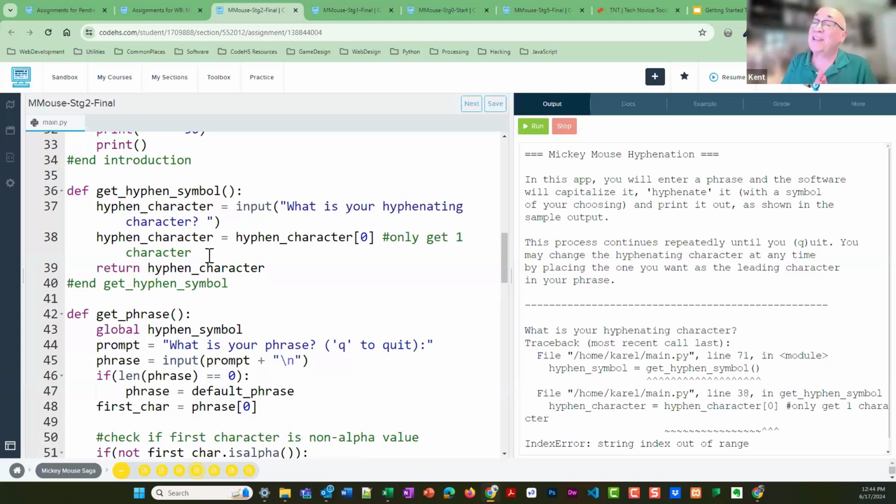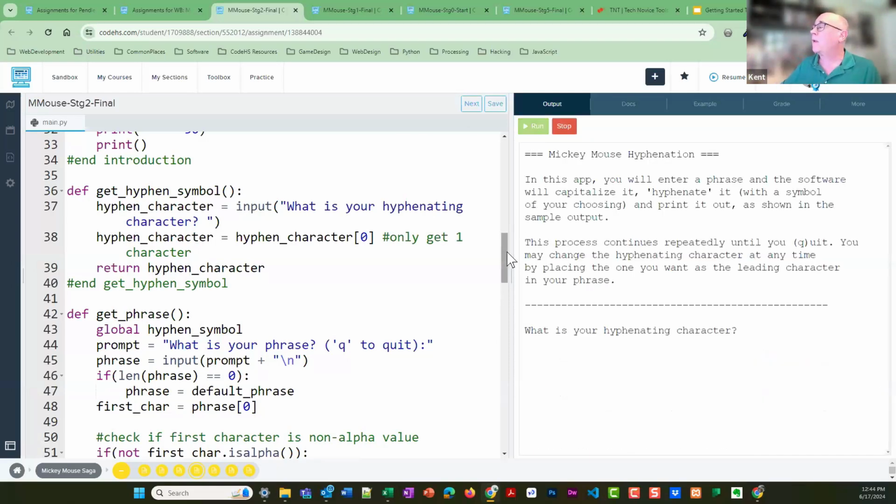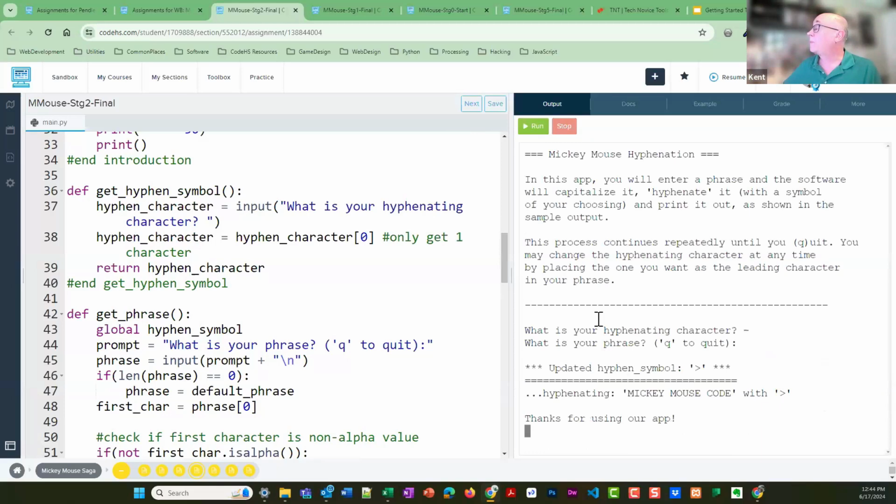So you'll never know whether I did this deliberately or not, but if this happened in the middle of class and I feel like a dumbbell, then what I do is say, well, okay, class, for the rest of the period, study what we did in get phrase and see if you can shoehorn that into get hyphen symbol and get that thing fixed. Meanwhile, let's assume that we were not idiots, and let's give it a symbol. And then let's give it the phrase. And now you can see what happened here.